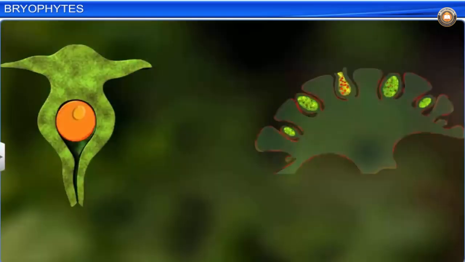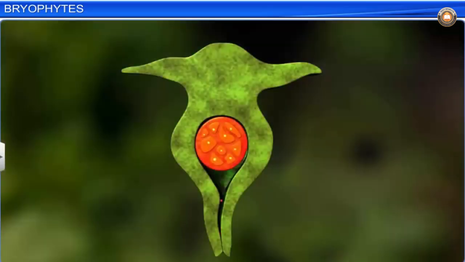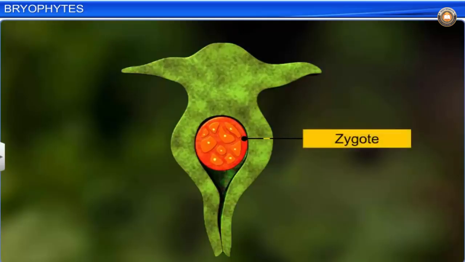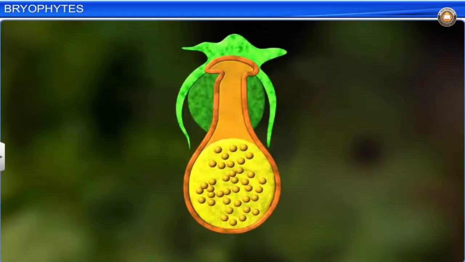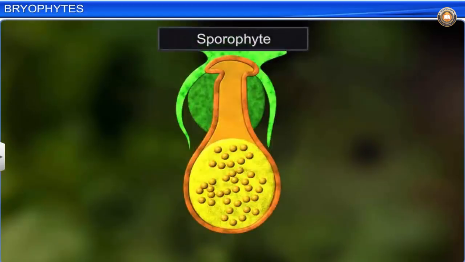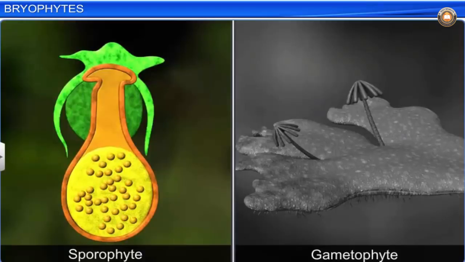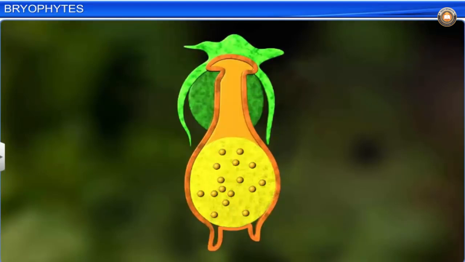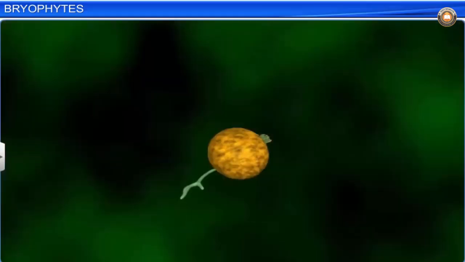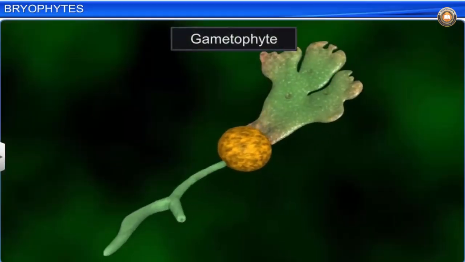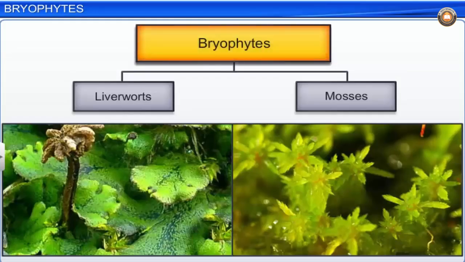During fertilization, the antheridium releases antherozoids in water where they come into contact with the mouth of the archegonium. One antherozoid fuses with the egg to form a zygote. The zygote in turn produces a multicellular body called the sporophyte. The sporophyte gets its nutrition from the gametophyte. Some cells of the sporophyte undergo meiosis to produce haploid spores. These spores germinate to produce a gametophyte. Bryophytes are of two types: